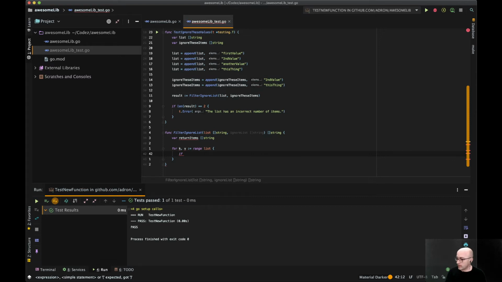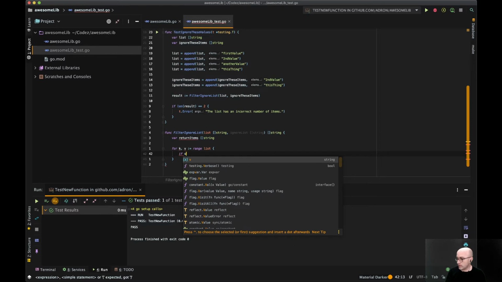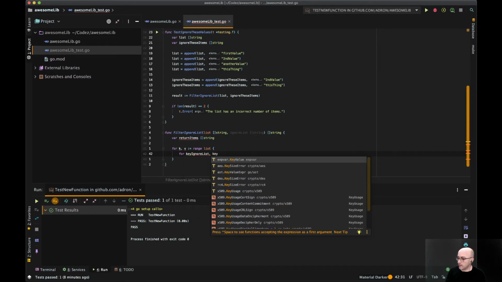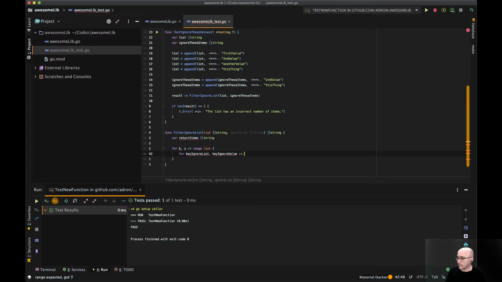So let's put in here if value is, we need to do a list, for loop through it. So key value, nope, we need to do different ones. Key ignore list, key ignore value in range of ignore list.